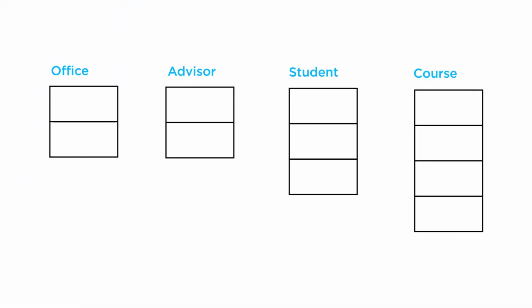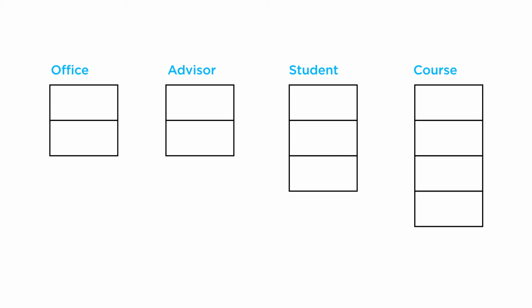Let's see an example. We have the following basic entities: courses, students, advisors, and offices. These four entities have relationships with each other. So, for example, each advisor has an office, each advisor is advising students, and each student is taking courses. The cardinality constraints of a relationship define the minimum and maximum number of associations that each of these entity instances can have when participating in the relationship.